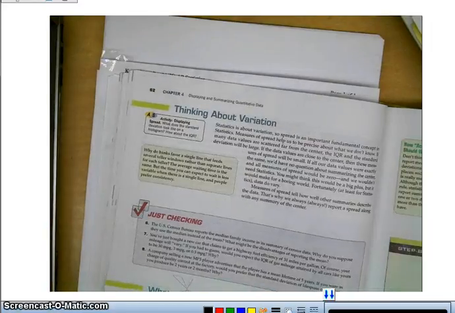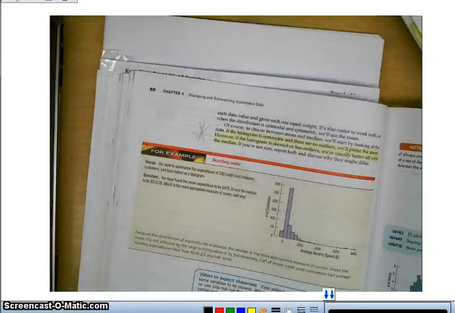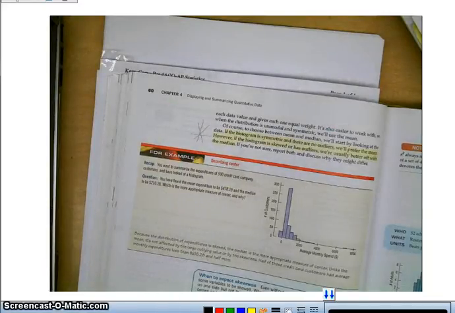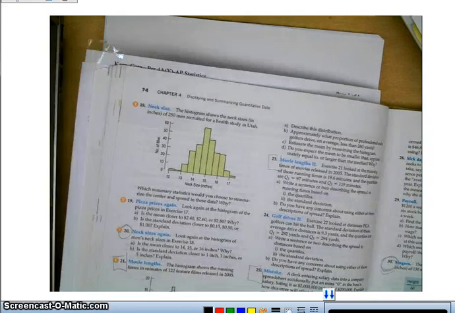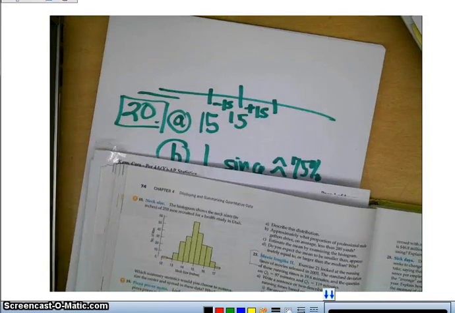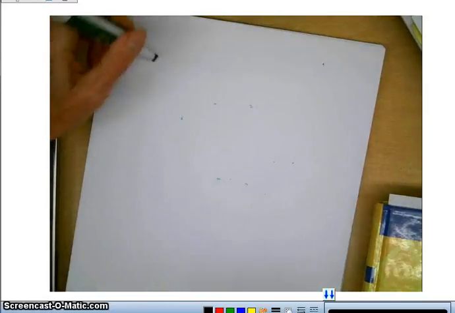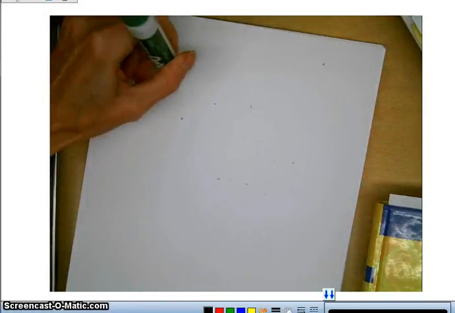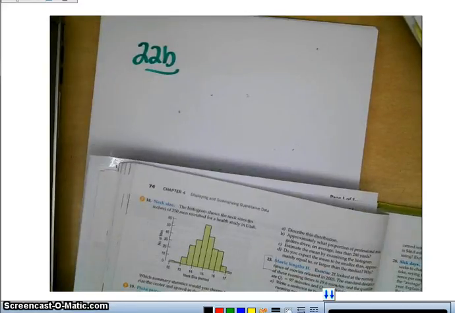Yes, Emily. Which one? 22. Okay. Specifically 22B? Yeah. All right, golf drives? Okay. 22B, describe this distribution. Or maybe that wasn't 22B. 22,